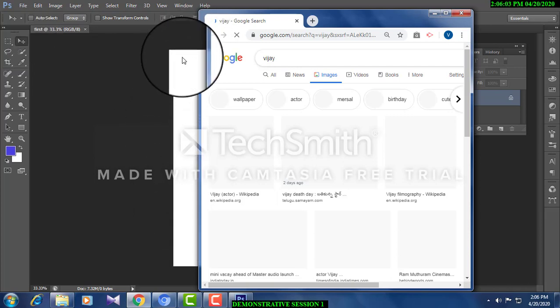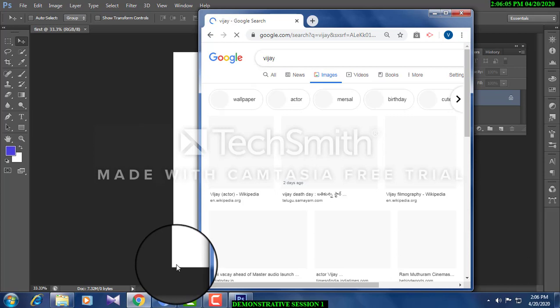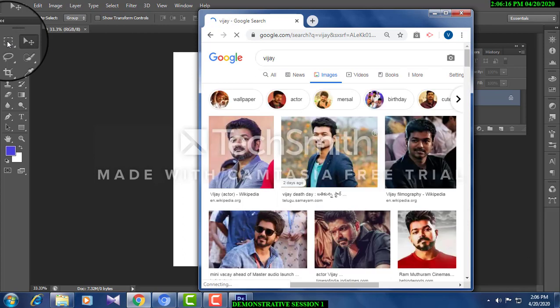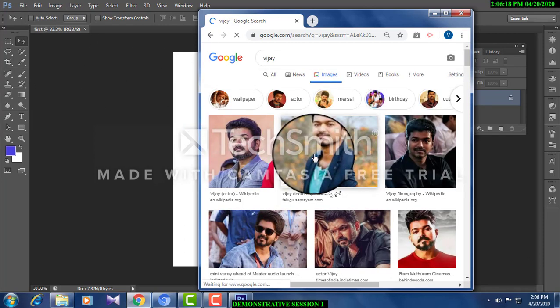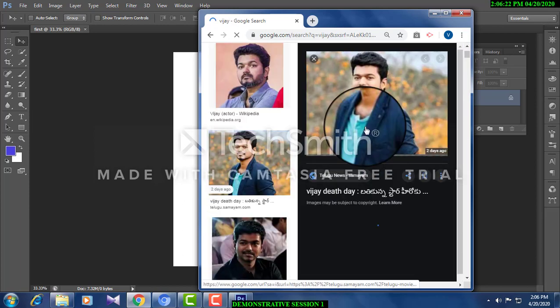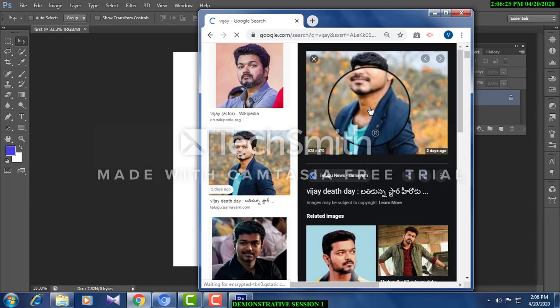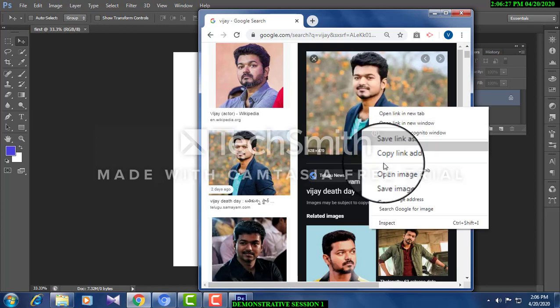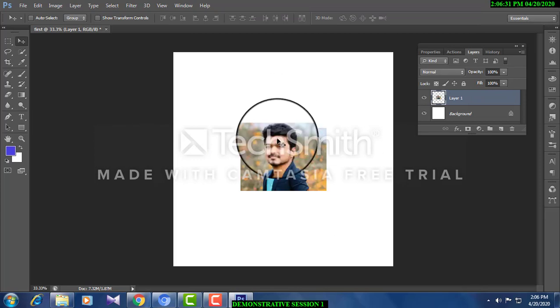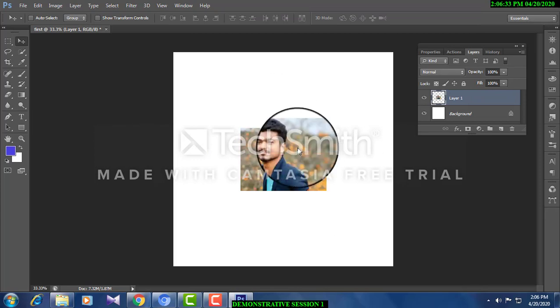You see, this screen that we have chosen is the working area, and these tools are called marquee tools. We have got 4 marquee tools. I'm going to explain only 2 of them. One is the rectangular marquee tool, the other one is the elliptical marquee tool. Now come back. I'm choosing this picture. Just copy it and paste it here with Control V.